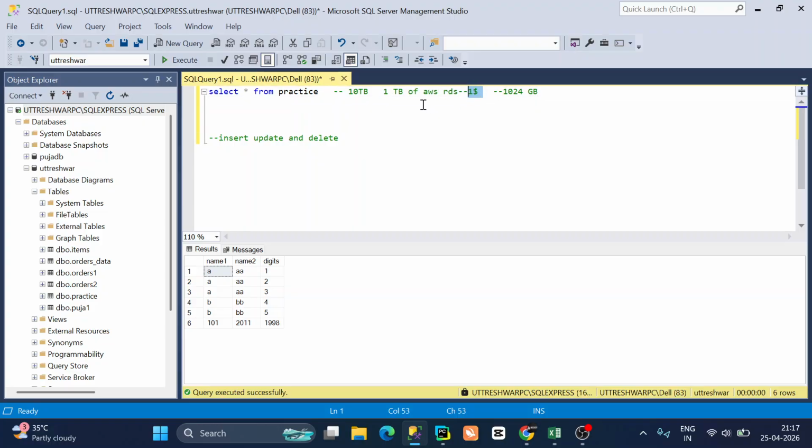Suppose one query is charging $10 of money. So $10 is like 1,000 rupees just for running this query. So it is not a recommended way to run this query in production. They will say,